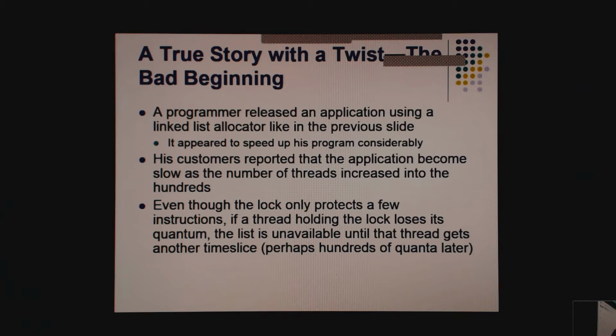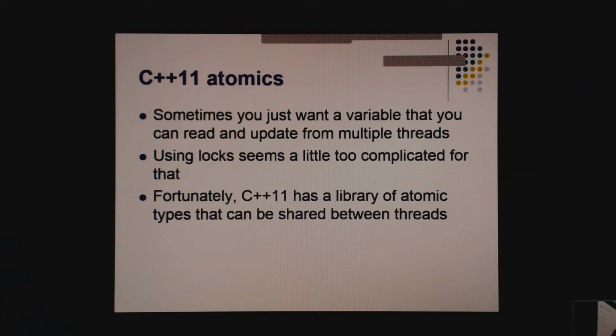Then it's not just locking for 2 instructions. It might be locking for 2 instructions, as all of the other threads, 100 threads, try to run before it gets back to the thread that holds the lock. So this didn't show up when the device was only processing, say, 10 open sessions at once. But when it was processing hundreds of open sessions at once, this loss of time slice issue ended up gating performance. And that was not acceptable.